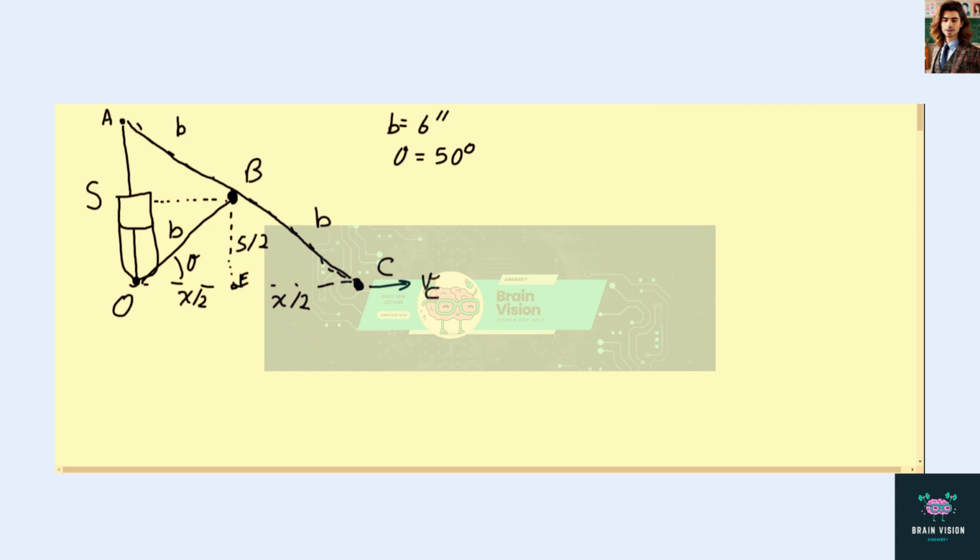So we want to find the velocity of C here as it moves to the right. So we'll have to use a little bit of geometry here. So first, we're going to look at this sine of theta and try to come up with a nice way to look at this. And to do that,